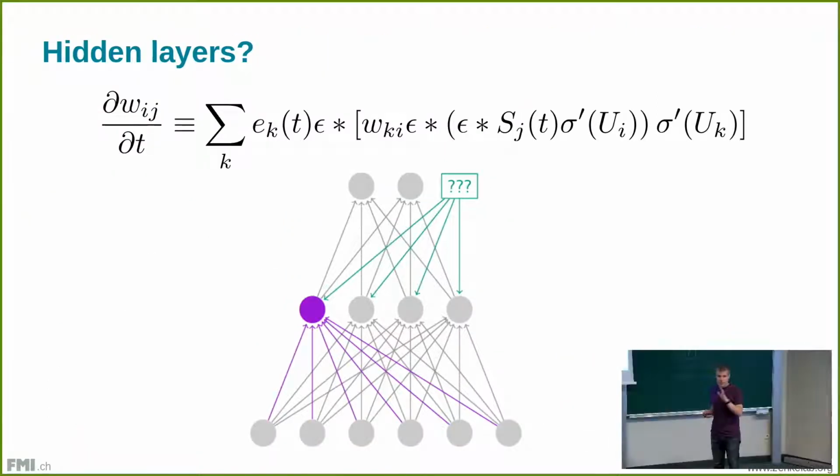Good. So this was the 2-layer case. It's still nice and easy. We can now keep going, and the math gets more complicated. As soon as you add a hidden layer, the math gets more complicated, but you're also losing this locality that we just had in the learning rule. So that's an issue. Because now, if you're thinking about this neuron and the plasticity at this connection here, what this depends on here and here is the outgoing weights of these neurons, these guys here, and the activity of these downstream neurons. And it's very hard to imagine how this synapse can know that,